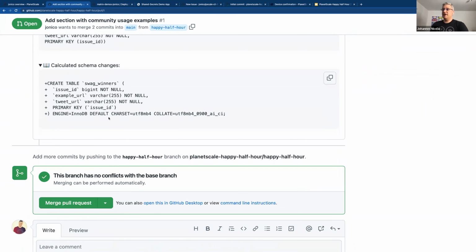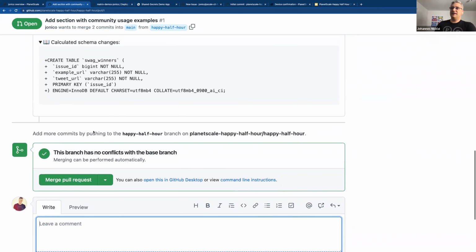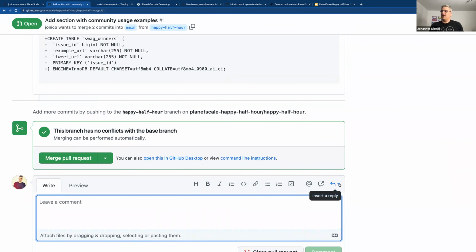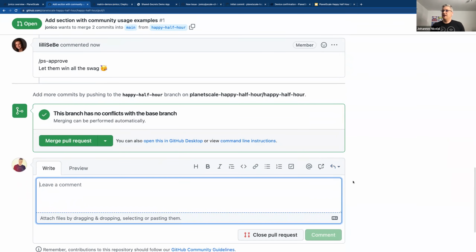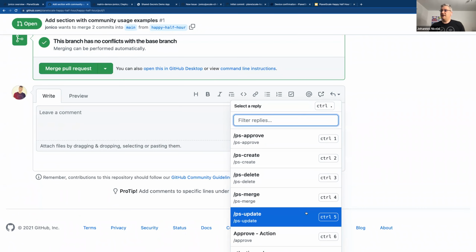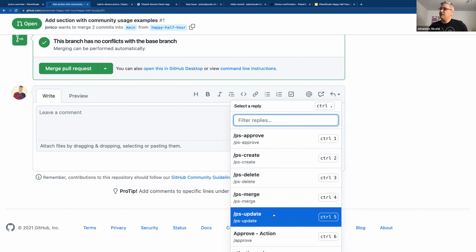Before we merge that database branch in, I would like somebody else to review and approve it. So Lily, could you just go ahead and approve this for me, please? For sure. So the commands which we currently support are, for instance, ps approve. There's a couple more, like you can also do ps update to update additional DDLs